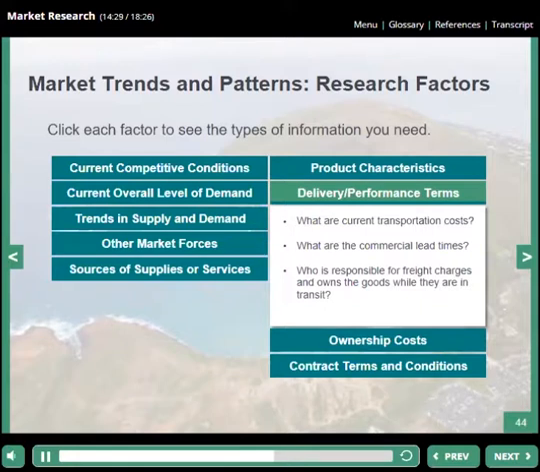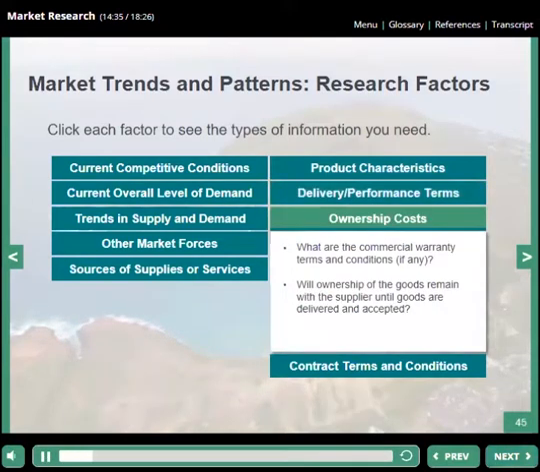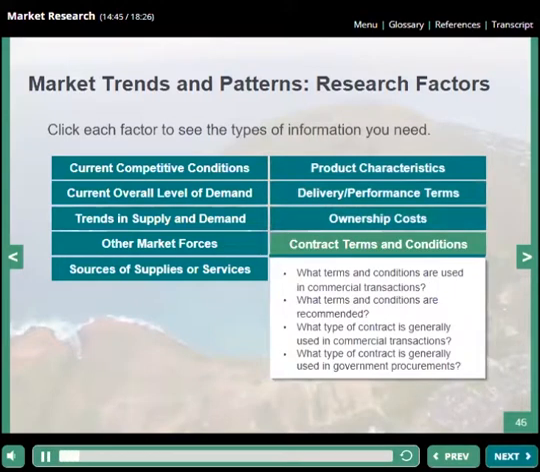You may also want to determine who will be responsible for freight charges and ownership of the goods while they are in transit. When considering ownership costs, focus on commercial warranty terms and conditions. You will also probably want to know who owns the goods until they are delivered and accepted. It could be helpful to find out what terms and conditions are used in commercial transactions. Sometimes specific terms and conditions are recommended. It may also help to know what type of contract is generally used in commercial transactions, as well as those